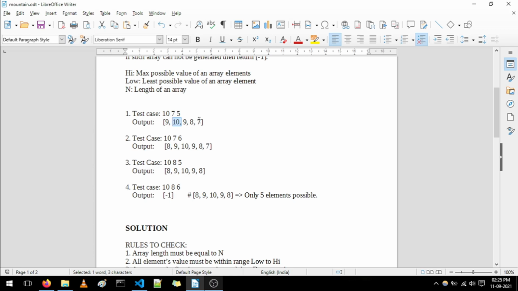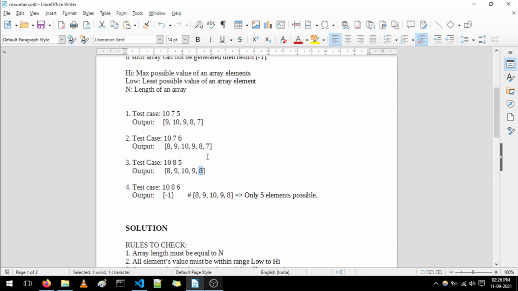Another thing we need to think about is, if we observe, the least possible value is always at the end of the array, or at the rightmost part of the array. Okay, the least possible value is at the end of the array only, always. So for this particular case, we can see that 7 is the least possible value and it is at the end of the array. Here also 7 is the least possible value and it is at the end of the array. Here also 8 is the least possible value and it is at the end of the array.